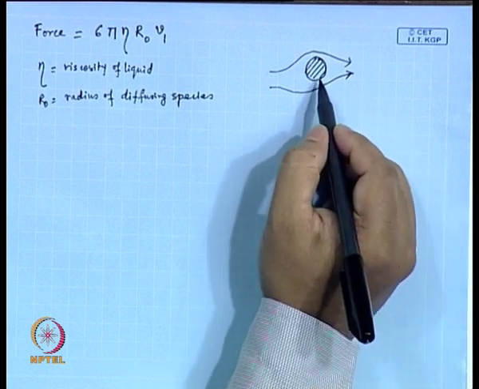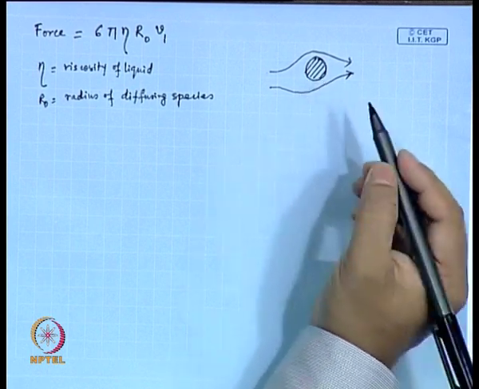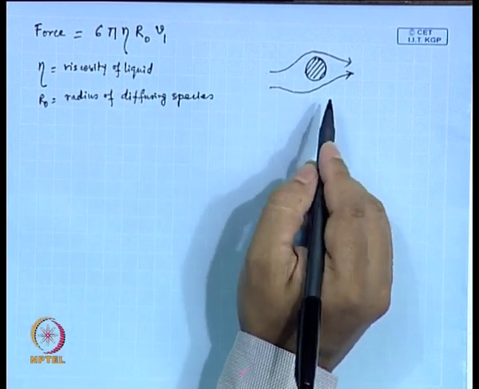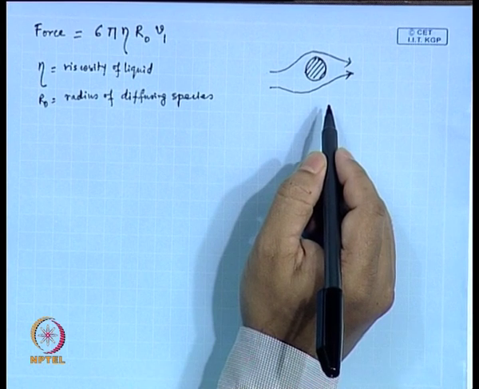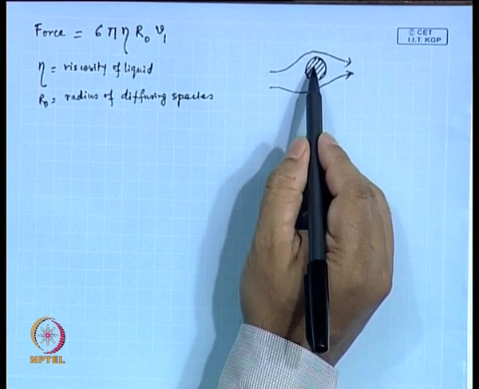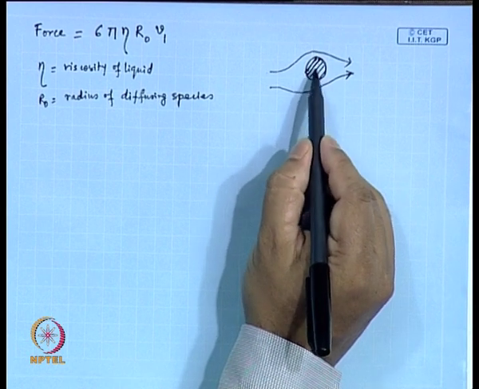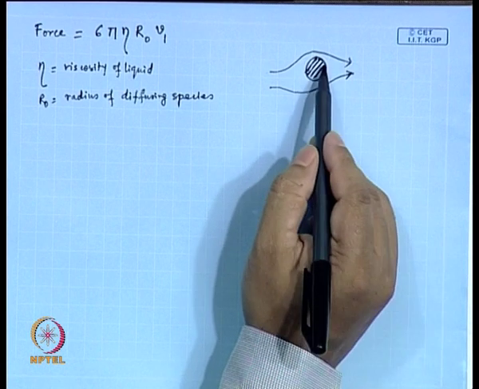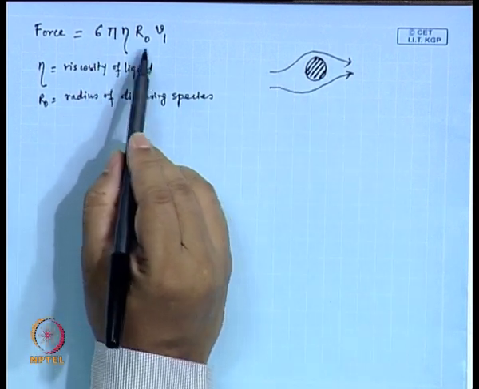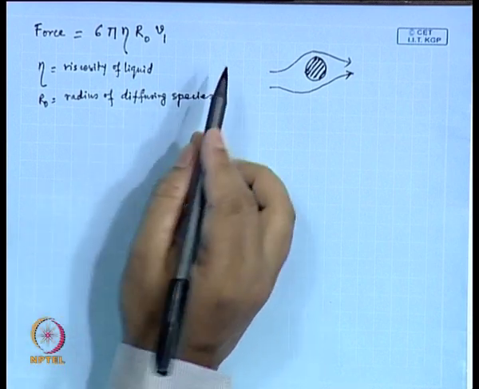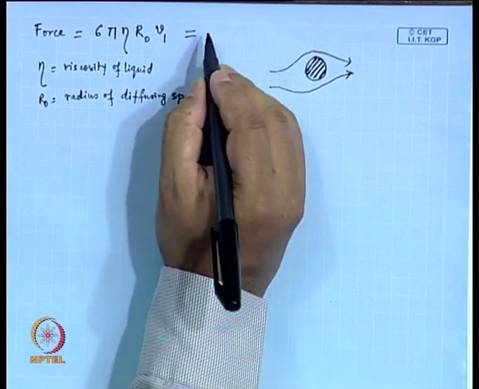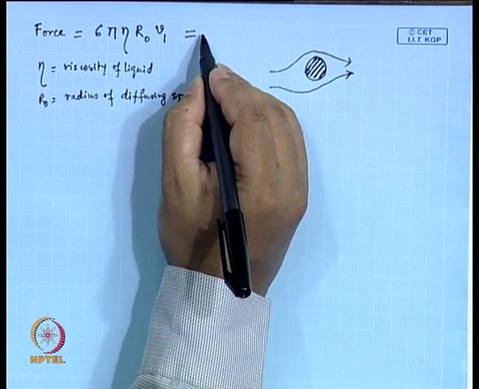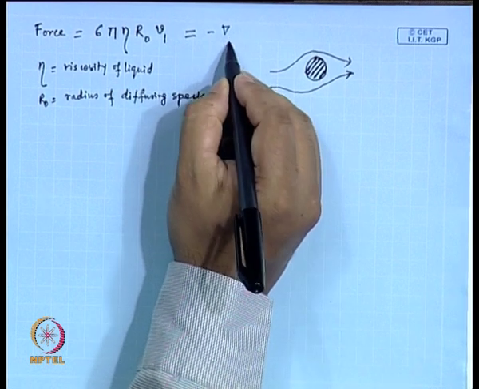The drag force exerted on the solid can be given by this formula, where V1 is the velocity of this sphere. So, the drag force is defined by 6 pi eta r0 V1. Now, the proposal here is that this is equated with the